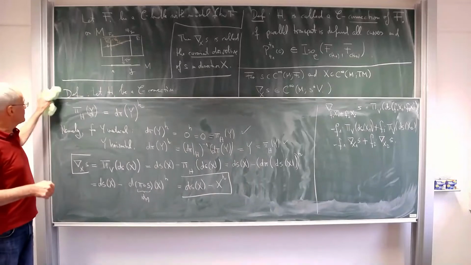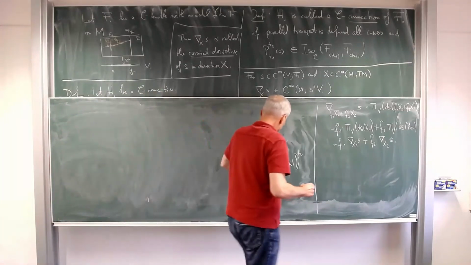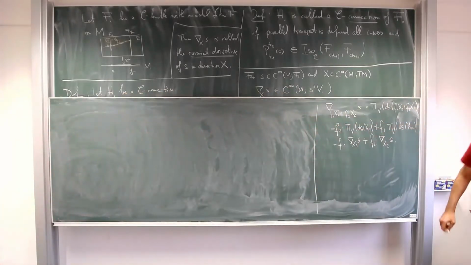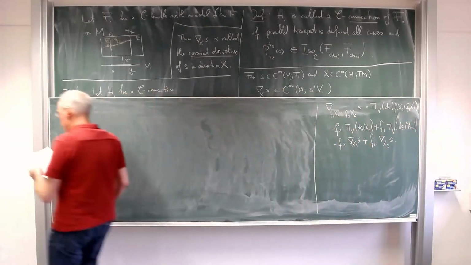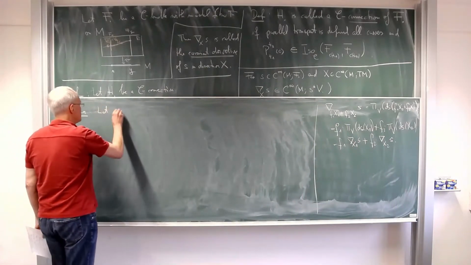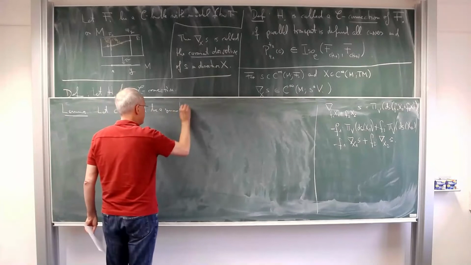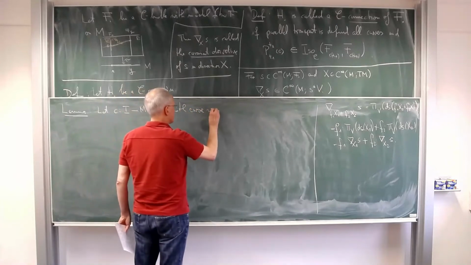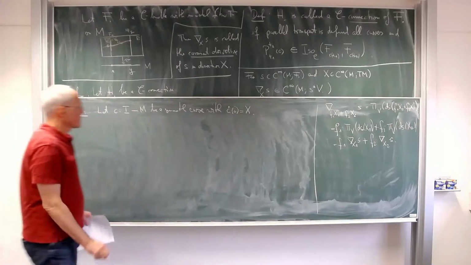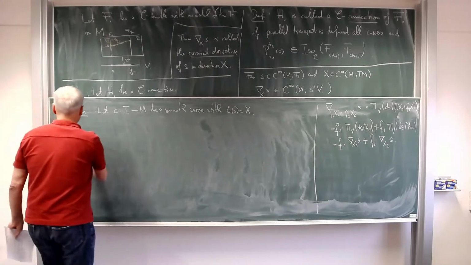Now, let me give yet another interpretation of the covariant derivative, and relate it directly to parallel transport. So let c from some interval I to M be a smooth curve with derivative at 0, let's say, being a vector x. And now I want to express the covariant derivative of a section in direction x in terms of this curve. And indeed, then